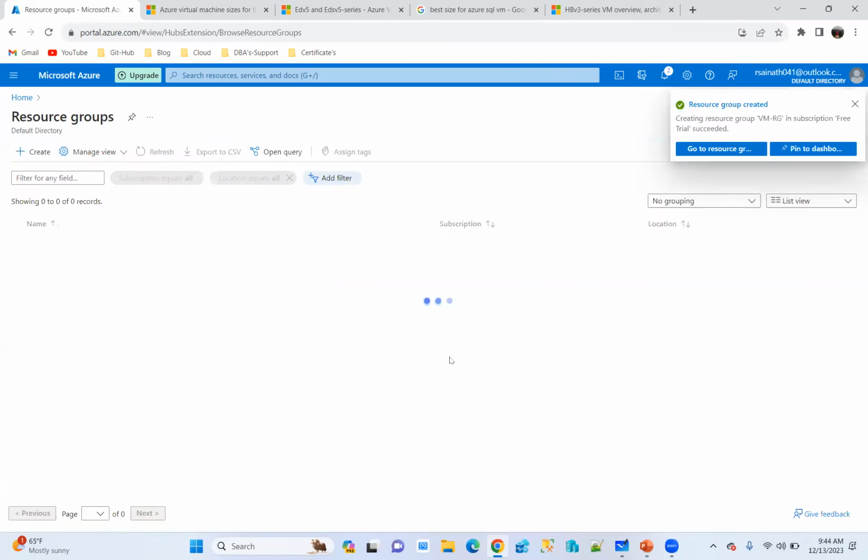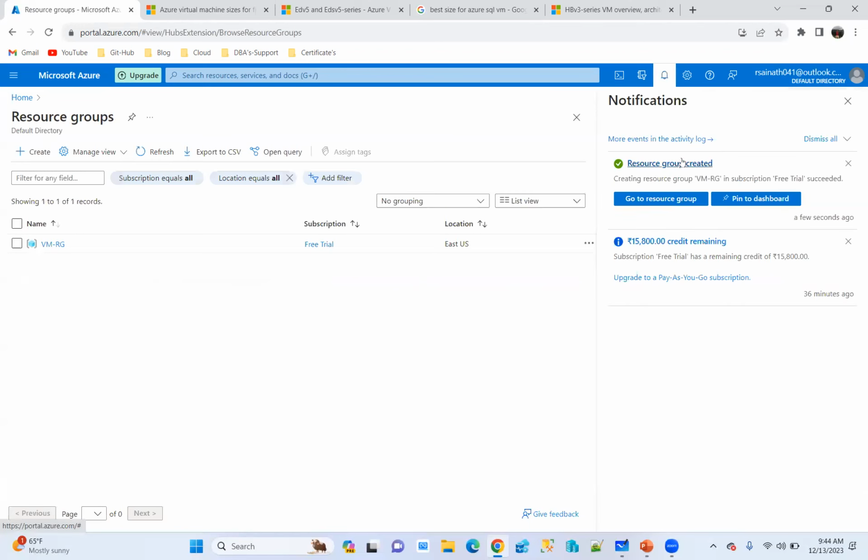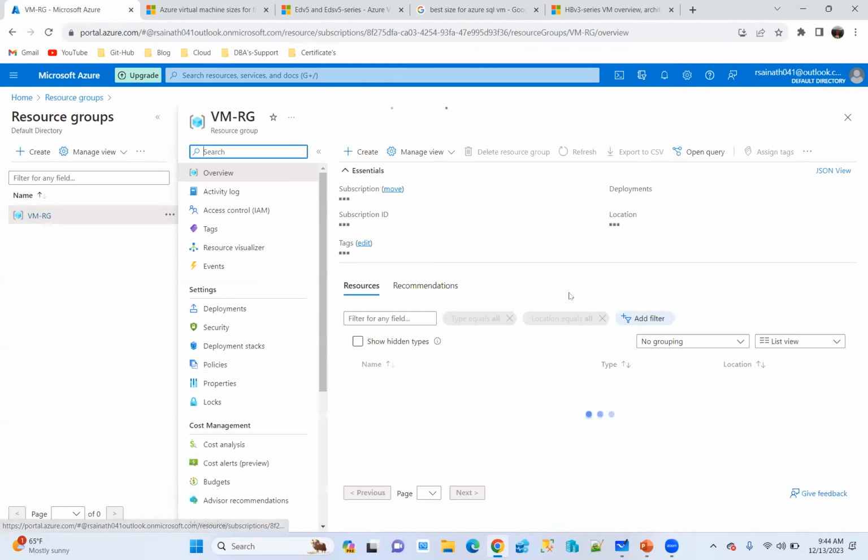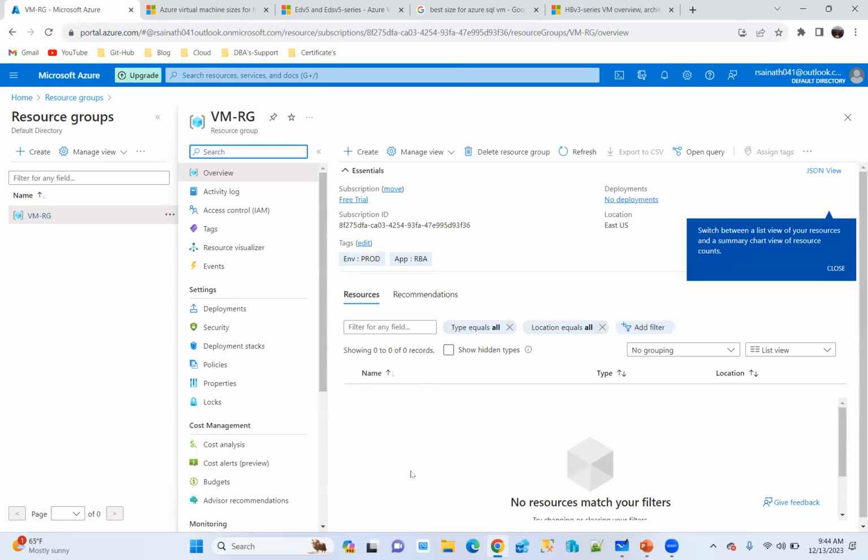You are just creating a resource group. And here you will see the notification: resource group is created. Once you create a resource group, if you open that resource group, currently there are no resources. Nothing is there, sir, because I just created a resource group. Now,